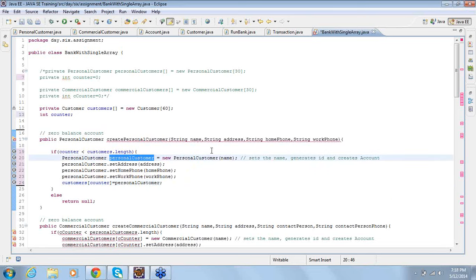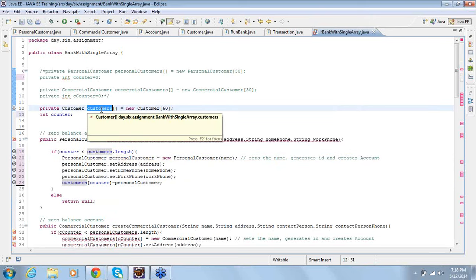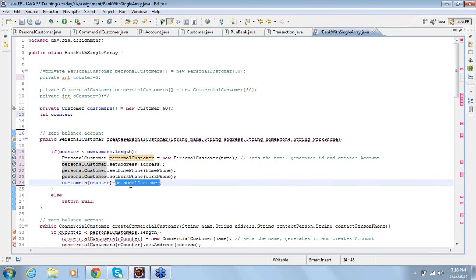Then I'm adding that personal customer object to the customer array because I have only one array. I don't have two different types of arrays now. I have only the customer array. Though he is a personal customer, since personal customer is a child class of customer, I'm storing that personal customer into the customer array.